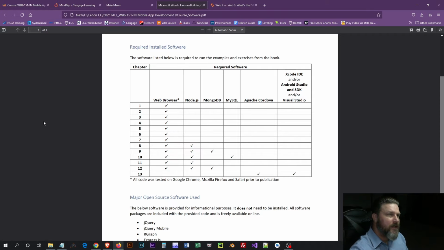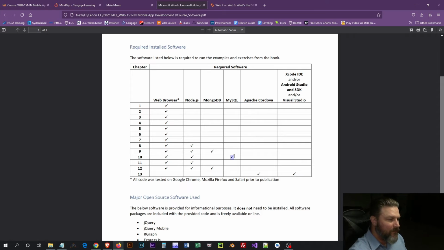I'm not sure if you guys got this or not, but this is a list of the required software for the course. I just wanted to show that we're all going to need a web browser, but you have that. If you're taking this course from home, you're in a web browser. We're going to talk about Node.js. I'm not entirely sure we will use Node.js, but we will know what it does. Same with MongoDB,